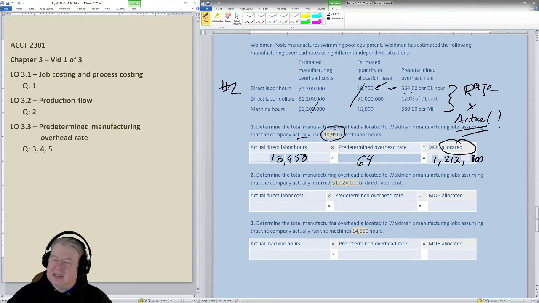So we'll just do the same thing here. What is the predetermined overhead rate for labor costs? Well, it's 120%. And don't get suckered in by this number up here. This was all step 1. This was step 1 right here. If you've already been given the rate, then use the rate and multiply it by the actual labor cost. So here it's 0.024. And so our allocation will come out to